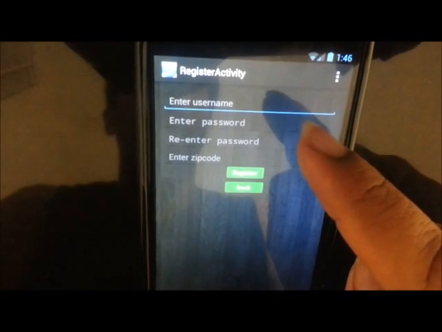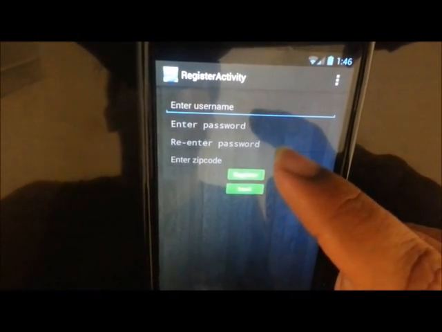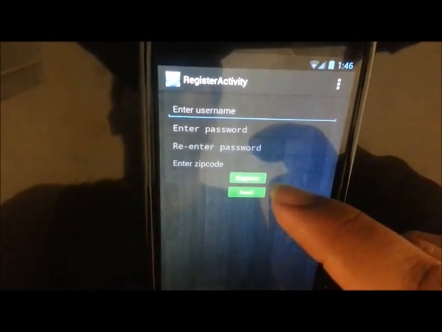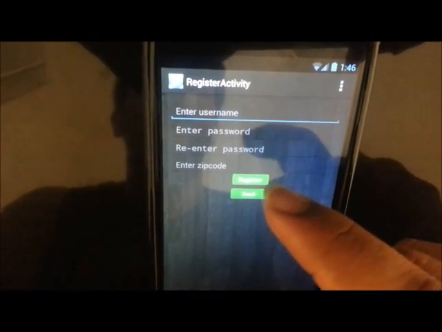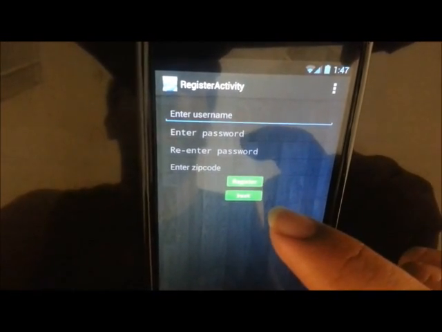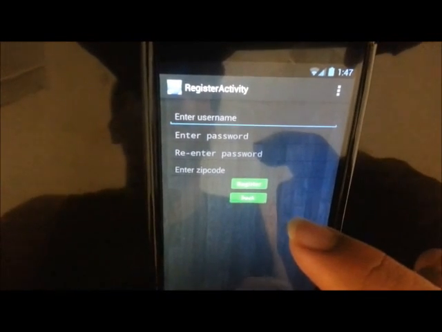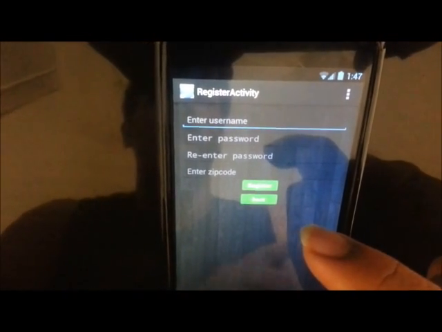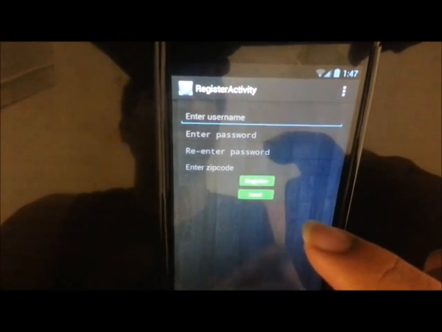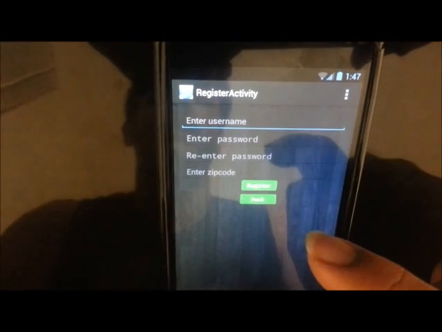As we see, we have four fields over here: to enter a username, to enter a password, to re-enter the password, where these two fields should be the same, and this is the zip code. The reason we have introduced this field is to keep track of users' home location in the database. This will be used in the weather application. When we check out the weather, it will show the weather of both the locations, the home location as well as the current location where the user is currently residing.